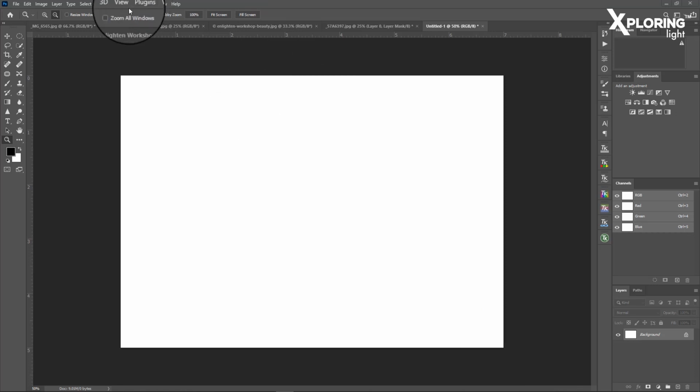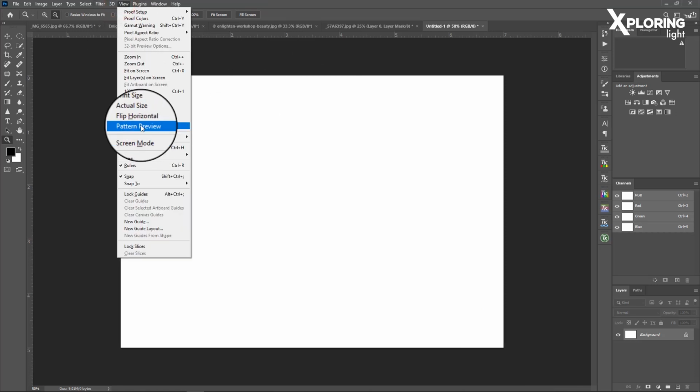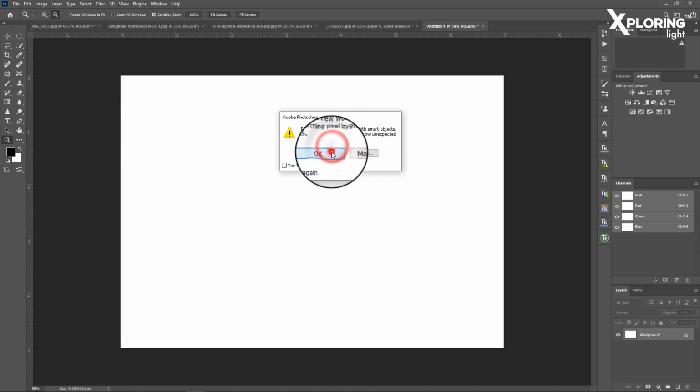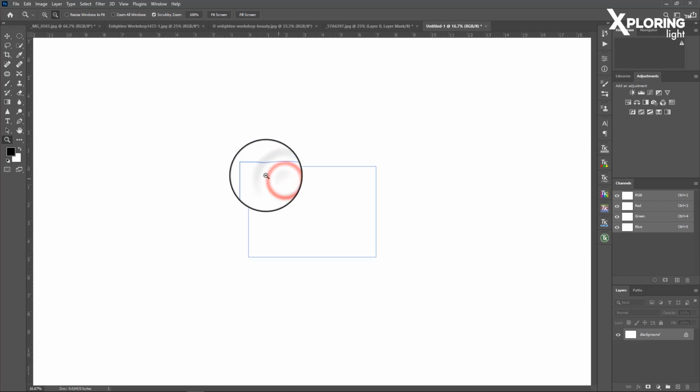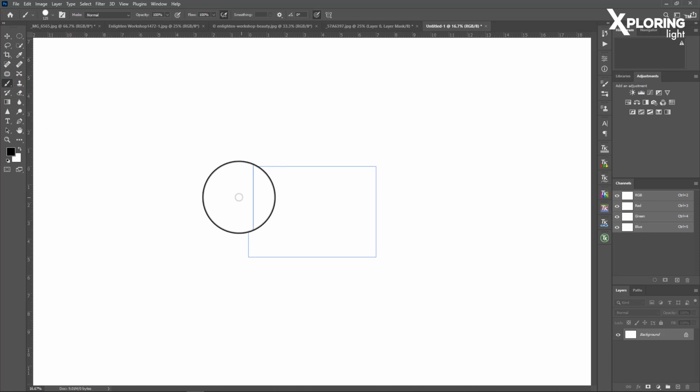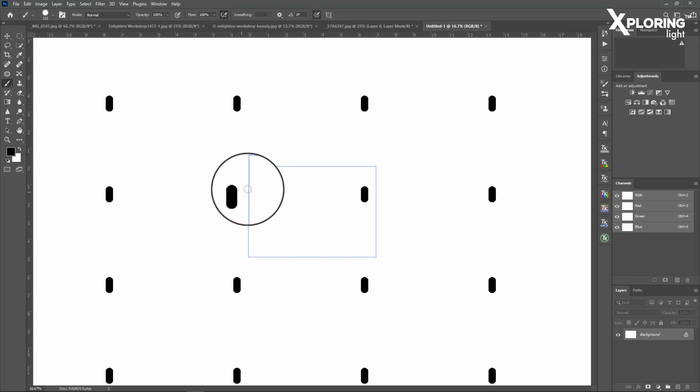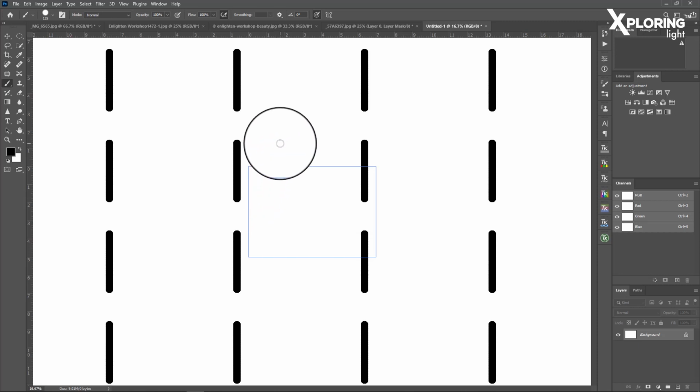And the last feature that I'm going to talk about in this video is pattern preview. This gives us a wonderful preview while we are creating patterns, so that we can really create seamless patterns. Let me show you. I just created one document here. I go to View and I go to Pattern Preview. Now I just make it smaller so that it's visible what I'm trying to do. Let me just create this. Do you see this?